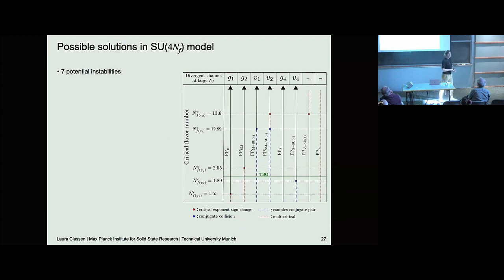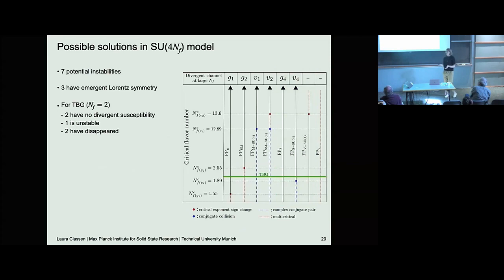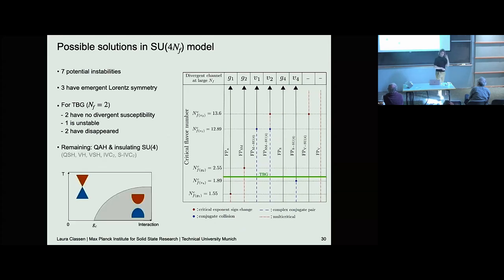In this SU4 NF case, there are 7 potential instabilities. 6 of them correspond to these single channel large NF solutions. The 7th one appears at smaller NF. Out of these 7 potential instabilities, 3 have emergent Lorentz symmetry. And if we then go to these small values of NF, where we have twisted bilayer graphene, we find in fact that 2 of these 7 solutions do not have a divergent instability, so they don't correspond to such a quantum critical point. 1 is unstable, and 2 disappear, which leaves us with just 2 possible